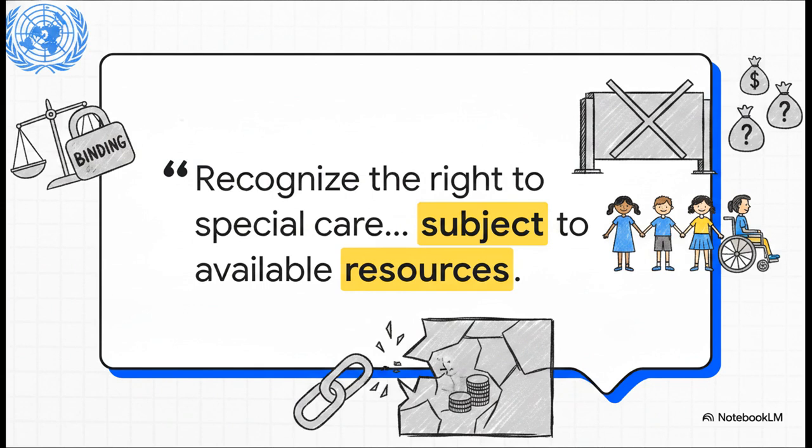In 1989, we get the UN Convention on the Rights of the Child. Now remember our hard law discussion? This was a binding convention. Article 23 affirmed the right of disabled children to a full and decent life. But actually, scratch that. It disastrously weakened its own protection with one single phrase, subject to available resources. This essentially handed governments a giant legal get-out-of-jail-free card. They could just shrug, claim they didn't have the budget to integrate students with disabilities, and totally let themselves off the hook.